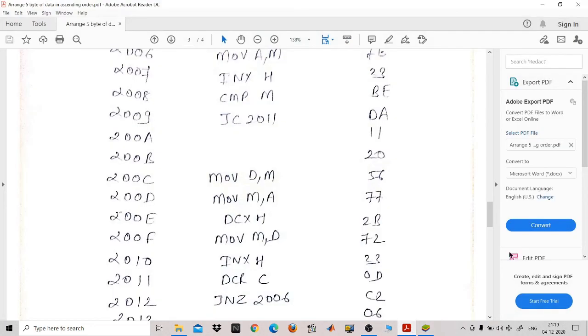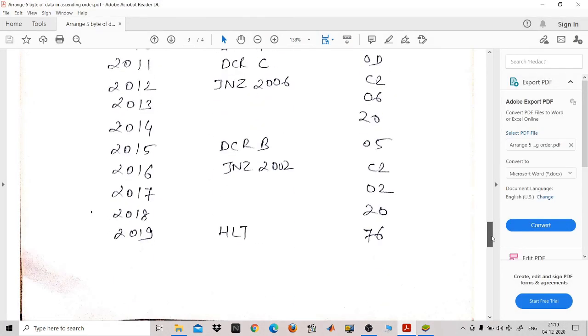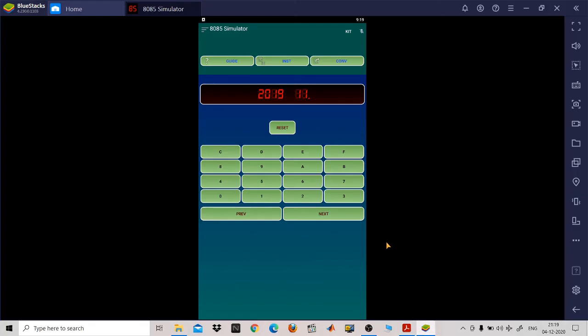Now let's check again whether we have stored everything right or not. It is 76. Okay, right. So now we have stored all the program instructions.